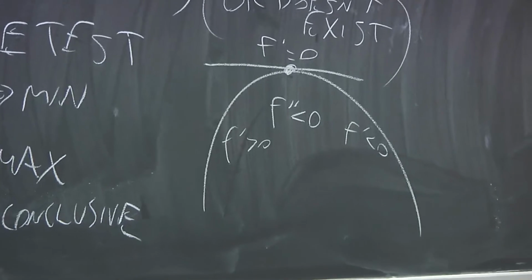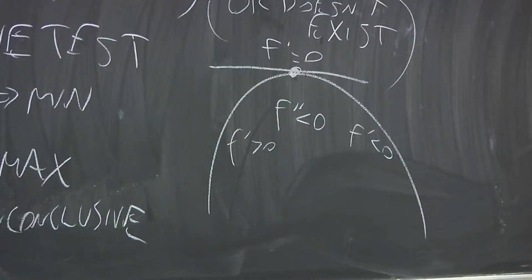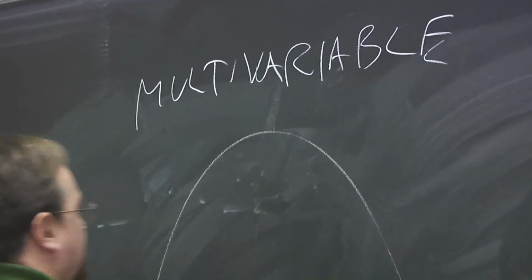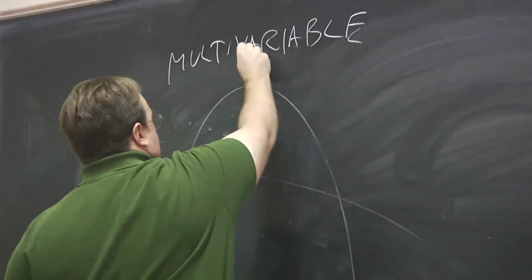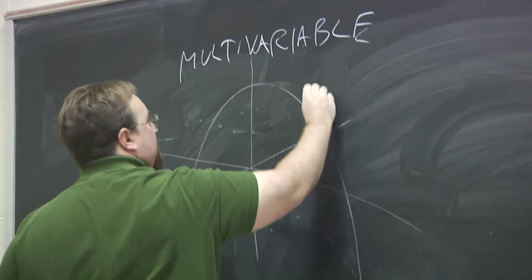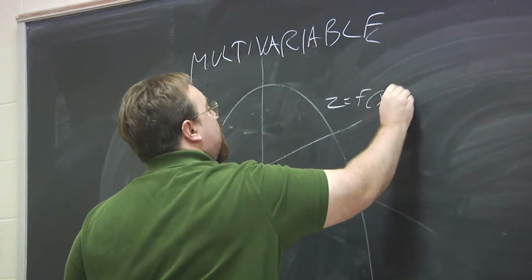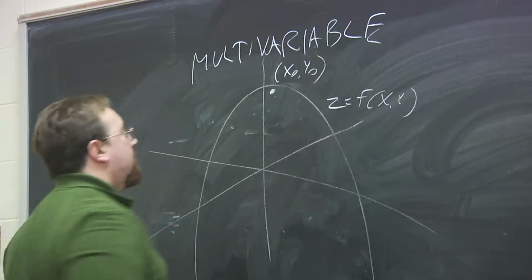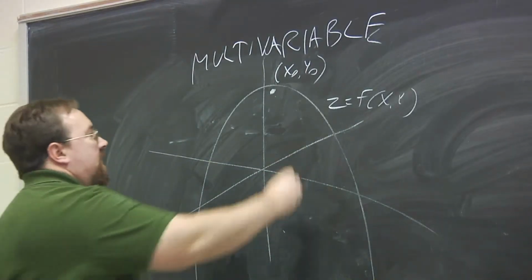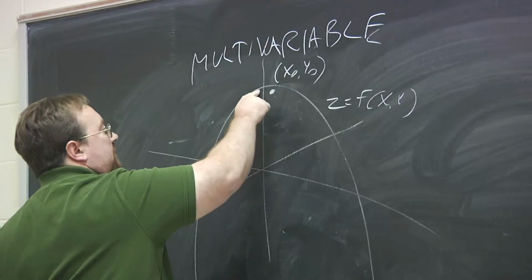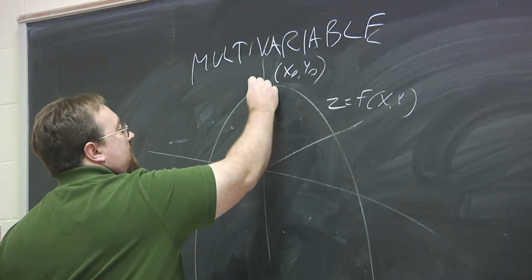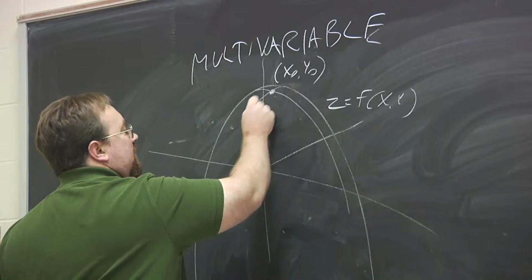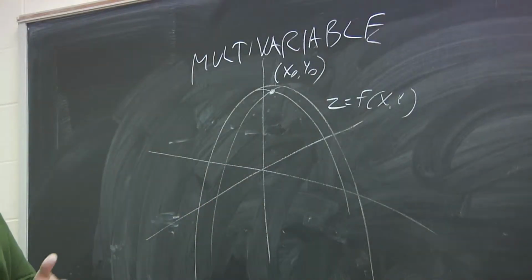So how does all of this generalize to the multivariable case? So for instance, here's some surface, a function of two variables, z equals f of x, y. And this function happens to have a maximum right here at x naught, y naught. So what's happening is, again, what's gone up is finished going up and must come down. So what we're seeing is the function is not changing in any direction. In other words,